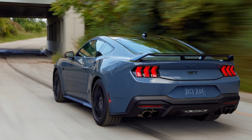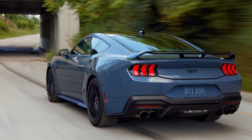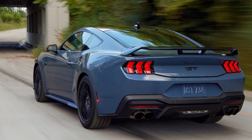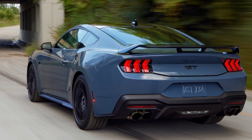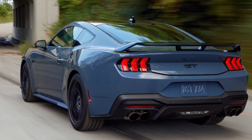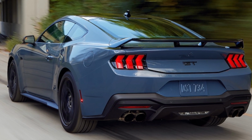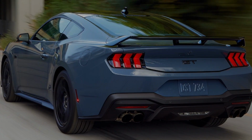Powertrains. Both the 5.0-litre naturally aspirated V8 and 2.3-litre turbocharged inline-4 are new, and not the same engines we got last year. The 2024 Mustang's Coyote V8 gets a redesigned dual air intake box and dual throttle body to help it